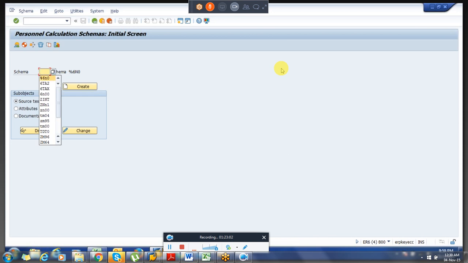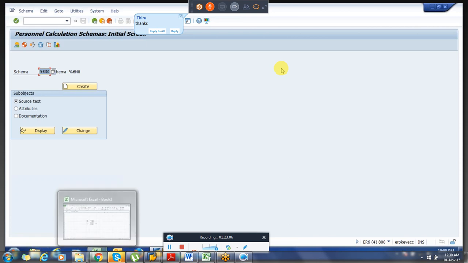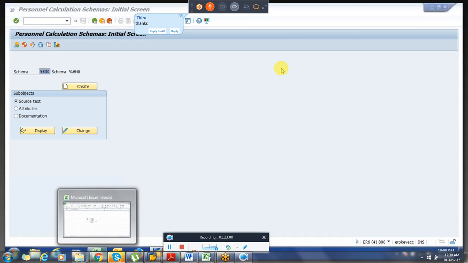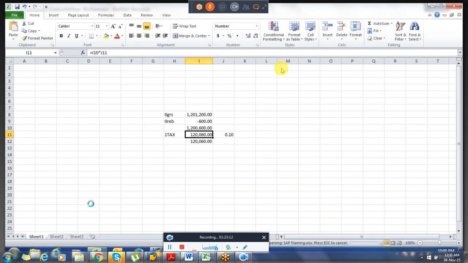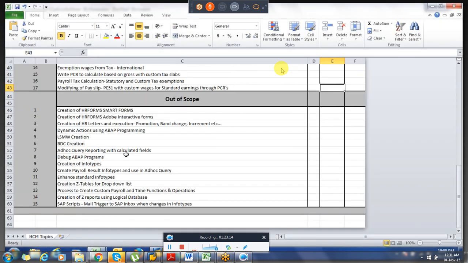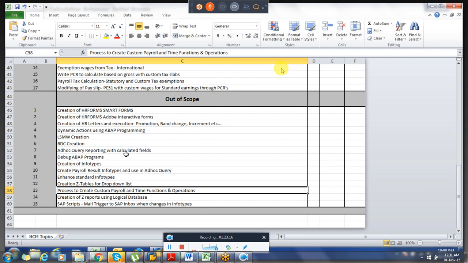Whenever we go to the advanced course, I take help from the ABAP guy to explain all this stuff. I will tell the process of how to create the function from the functional side, and the ABAP person will explain what the perform statement and the form will do.